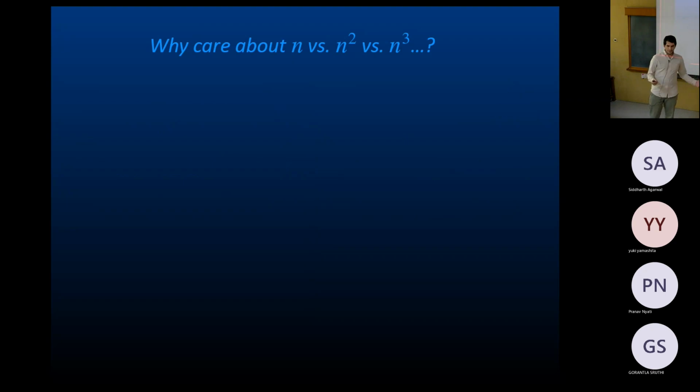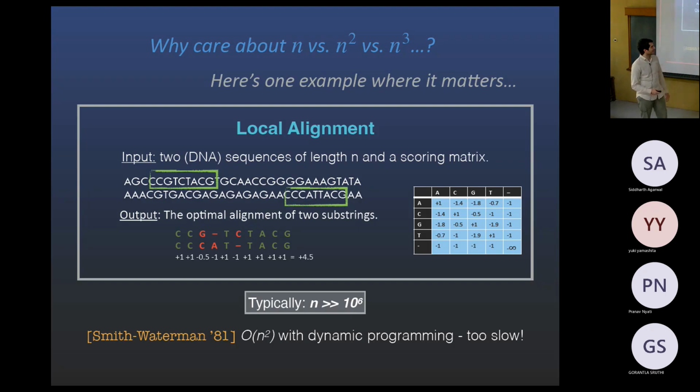And so why should you care about what the polynomial is? Of course, we care as theoreticians because a lot of the problems that you will see today are very basic, fundamental problems. The polynomial time algorithm is very simple, like some dynamic programming or brute force, and it's really fascinating to know if it can be improved or not. So of course, it's well motivated. But for those who want to tell their friends who don't do theory why they should care, here's one example that I typically use to motivate this.